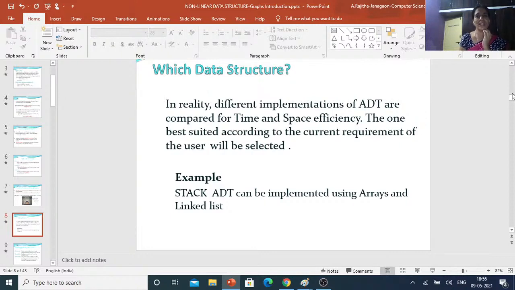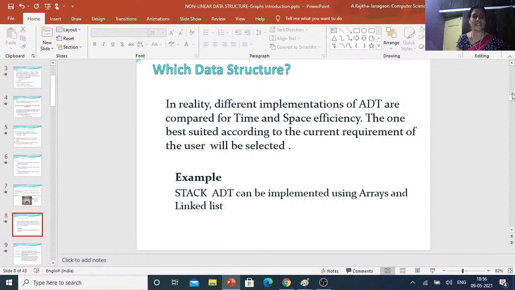Suppose sometimes the user focuses on time, that means speed of retrieval. In that case, the selection of the implementation depends on the time. Sometimes it depends on the space. The one best suited according to the current requirement of the user will be selected.